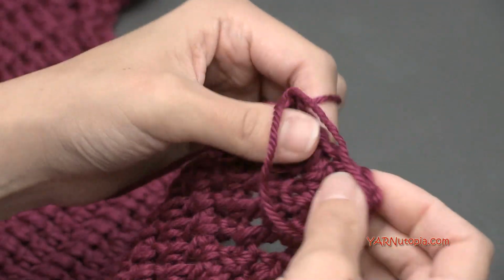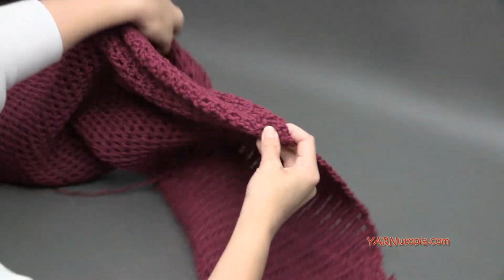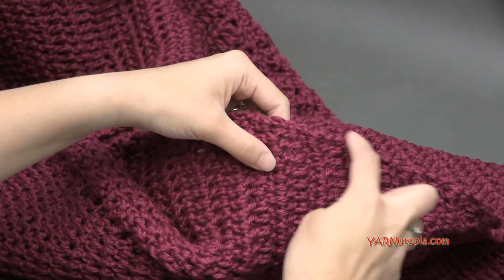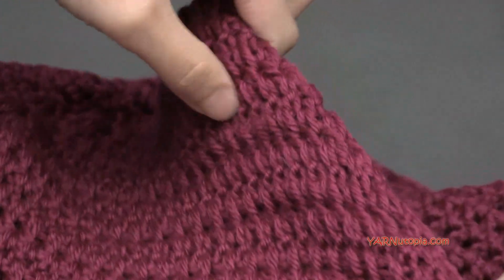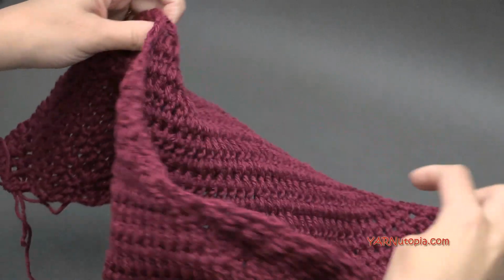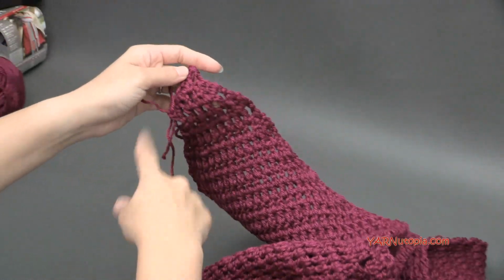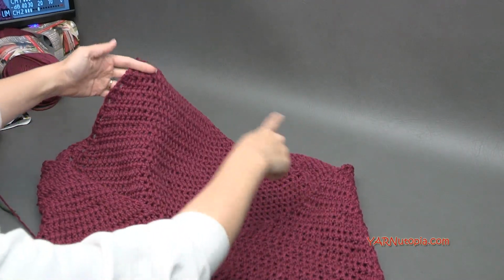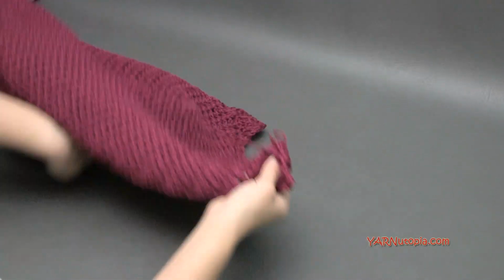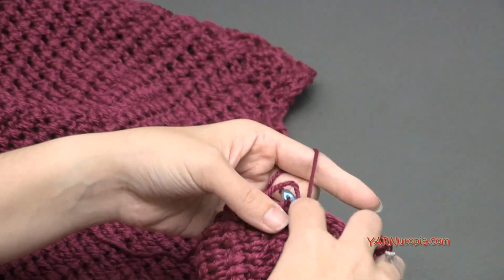I'll make this single crochet here and I'll show you real quick. I'm going to pull up this loop here. So we're just going to single crochet up this edge right here, then come around here, up this edge. This is the top, this is the front of your shirt here. Then single crochet down this edge, all the way down this edge, and then down the back again. This is the back piece, and to the point again. So all the way around the bottom basically of this piece, we are going to single crochet all around there. So I'm going to do that,